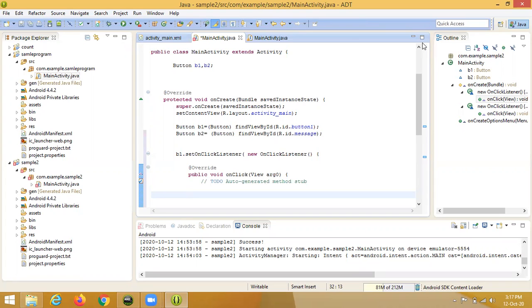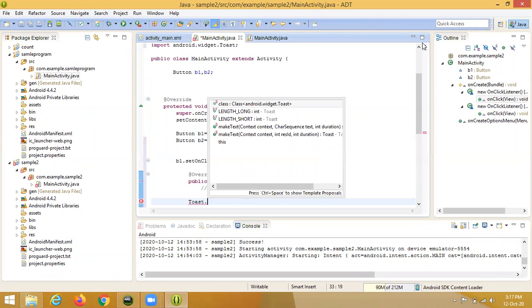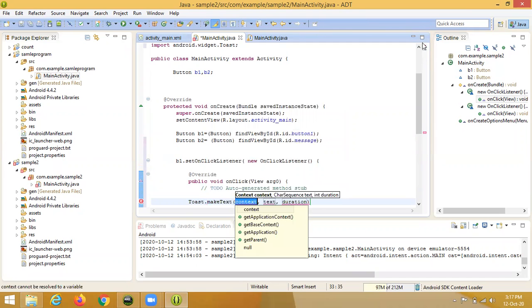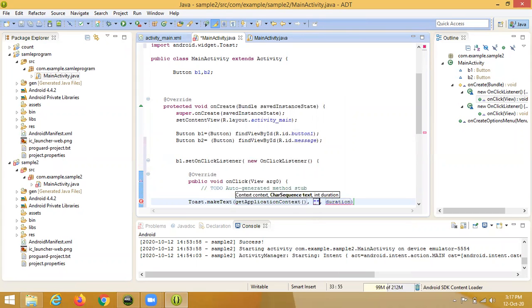To show the message, write the program code Toast dot make text, get application context. Within double quotes, we write our message that will be shown in the program when we click the button.